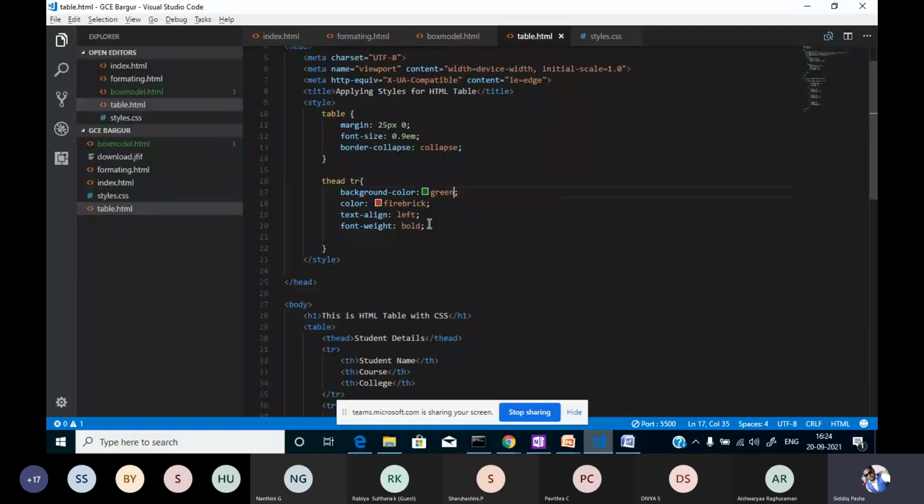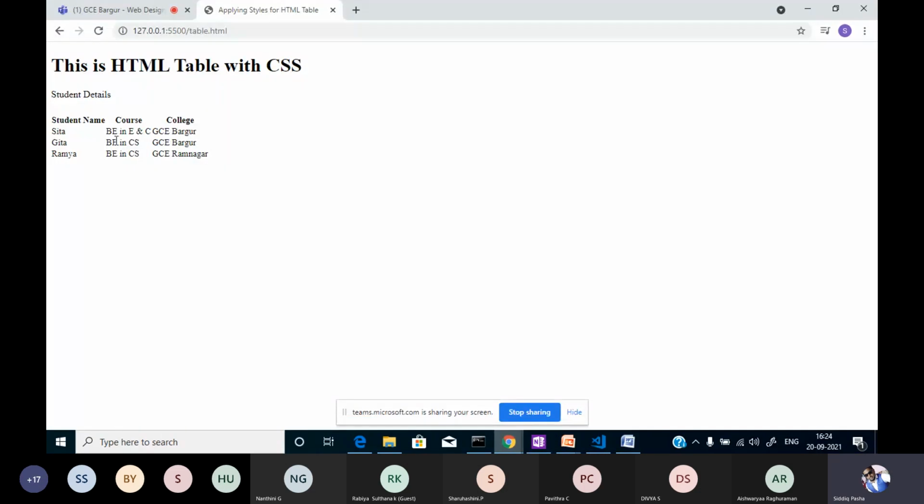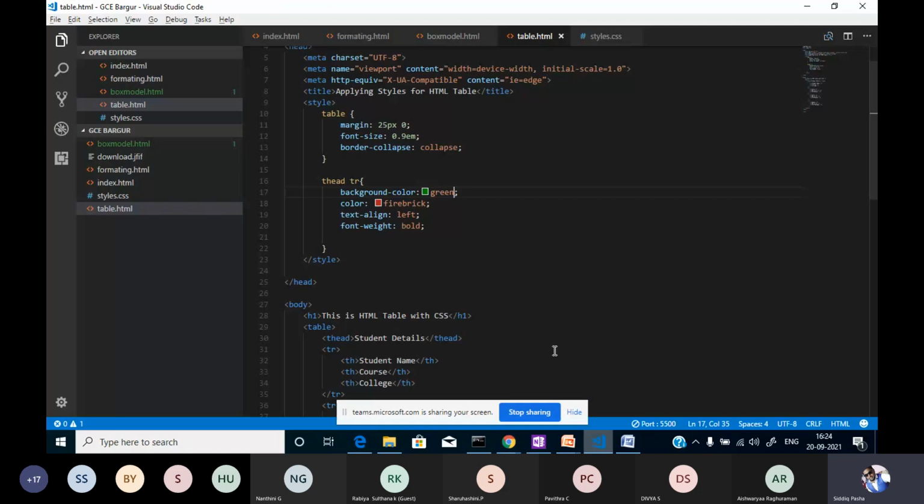Okay, what I'll do is add some more styles. Let's check whether this will be available or not. So text-align, I think the text is aligned left only. That is well rendered. If I add over here, let me check.